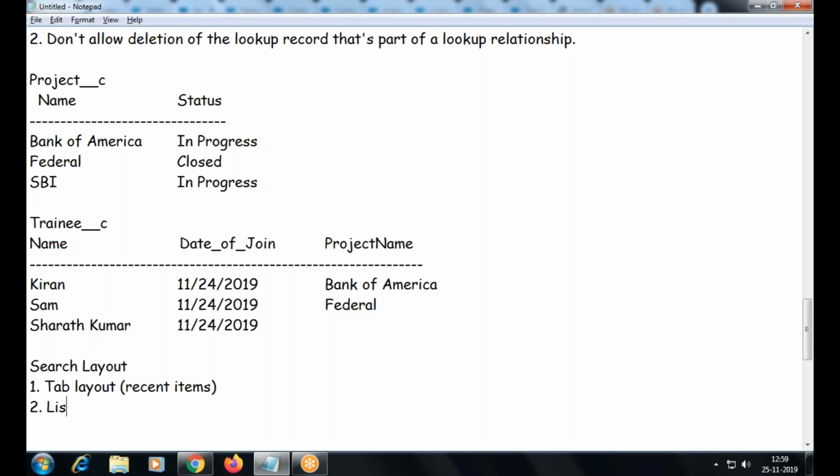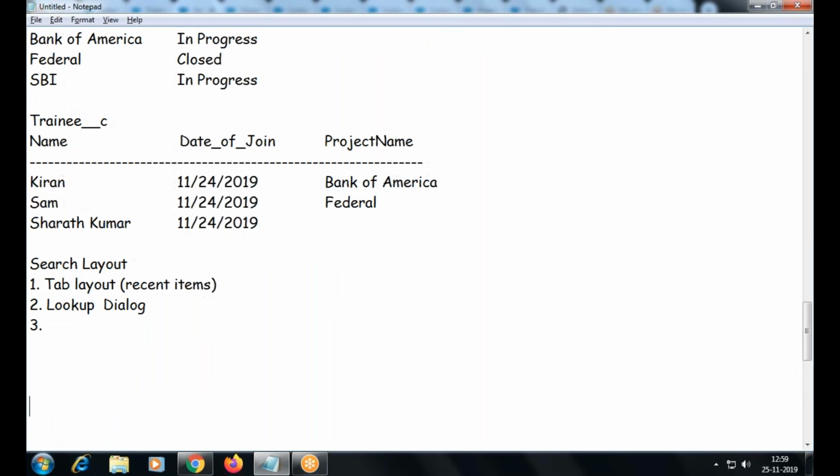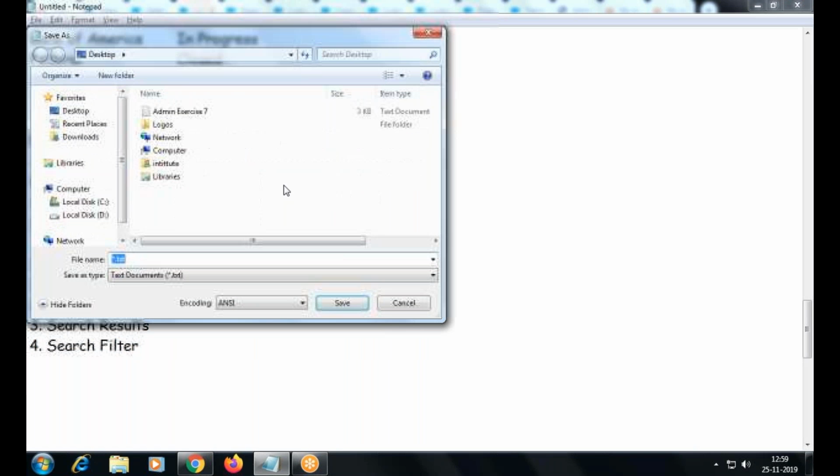So, lookup dialog, search results, search filter. Right. I think with this, we'll close the session today.